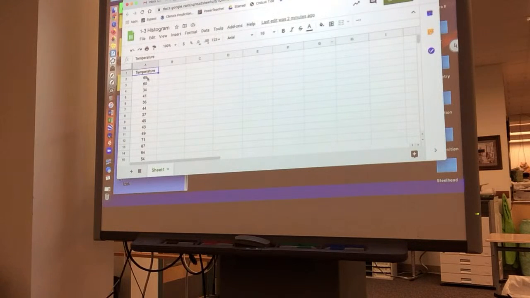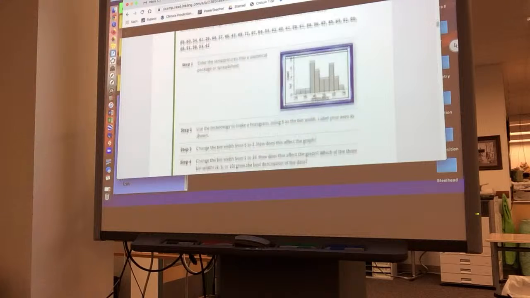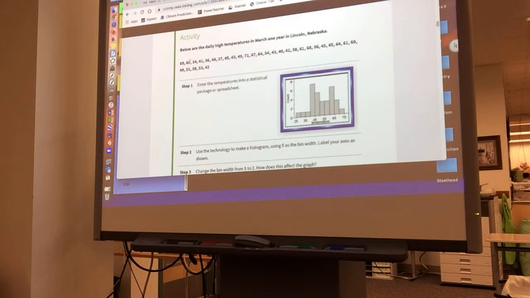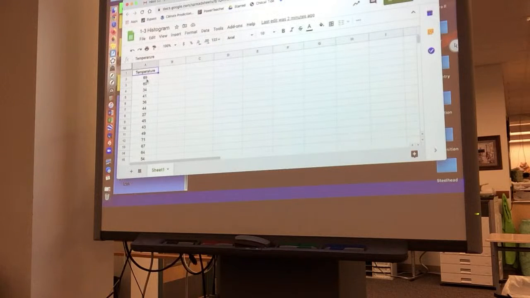Okay, what I have here for you is all these March temperatures that come from this particular activity. These are the daily highs in Lincoln, Nebraska. Lincoln is the capital of Nebraska. So it's on the Missouri River, I think. Is that right? Or is that Omaha? Maybe that's Omaha. So anyway, here all these temperatures are. And what we want to do is take them and put them into a histogram. So I gave you a spreadsheet that contains all of them. So all you have to do is take that data and